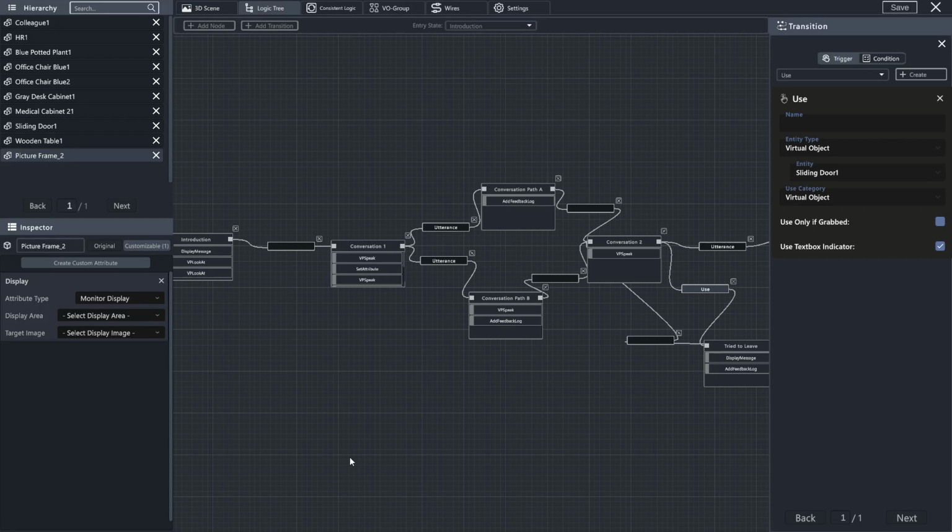Next, we will talk about the consistent logic branch. Sometimes within your simulation, you are going to want to have actions that can be asked or taken at any point of time during your simulation. As an example of a situation that is not like this, in order to transition between conversation 1 and conversation 2,